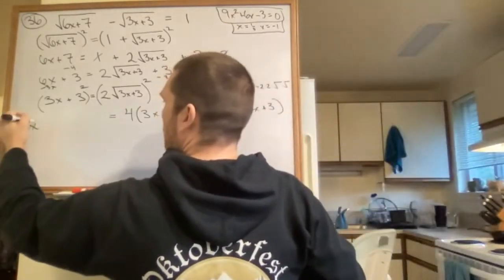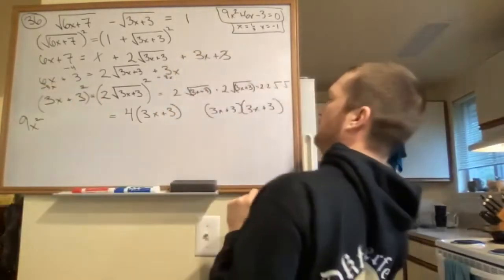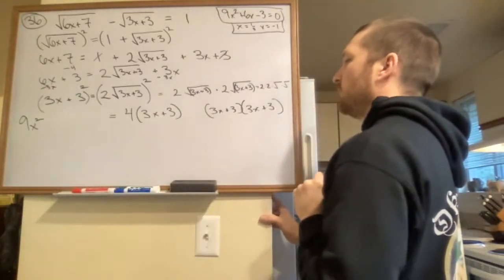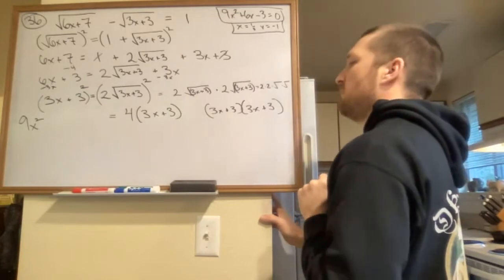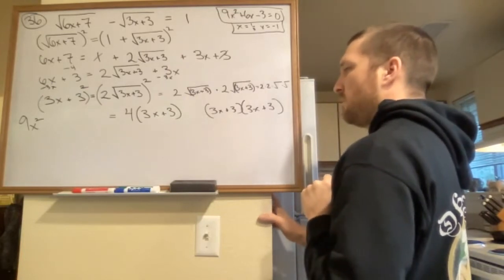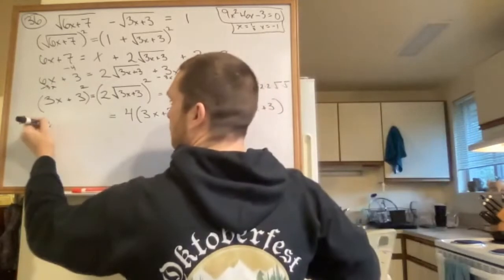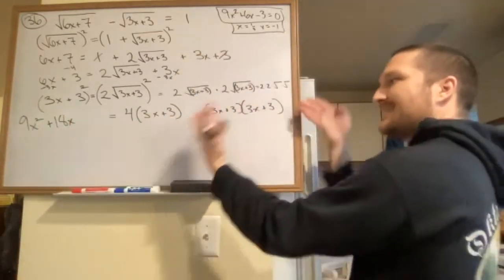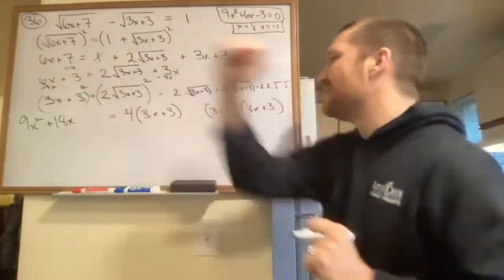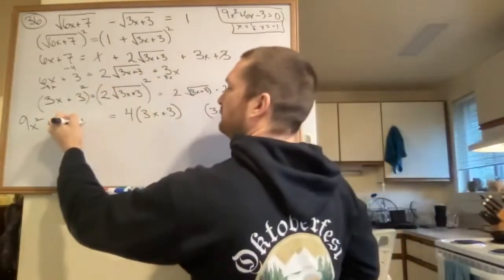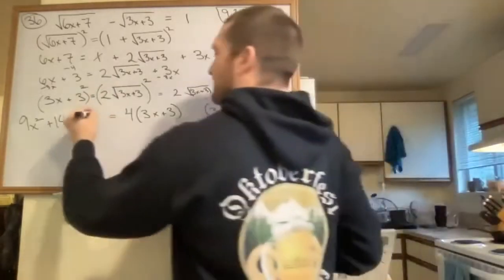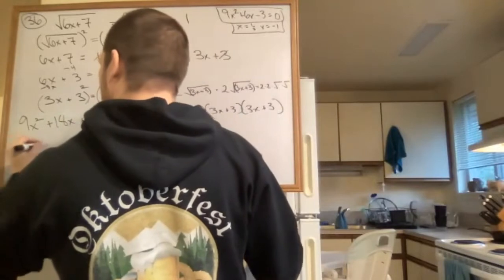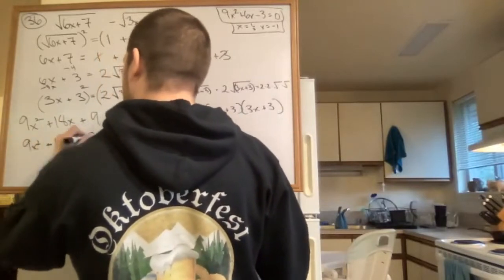9x squared plus 18x. Yes, plus 18x. And that's because the outer and inner, right? We had 9x and 9x come together for 18x plus what? Plus 9. Man, this looks familiar. I wonder why this looks so familiar. x squared plus 18x plus 9 equals,